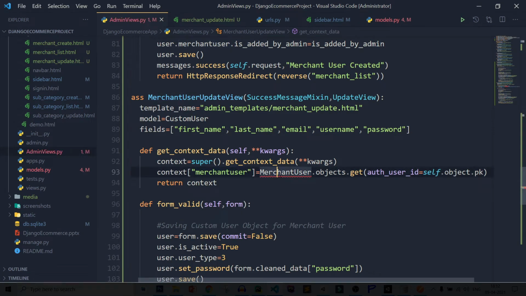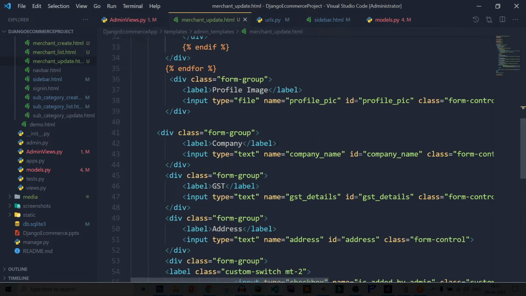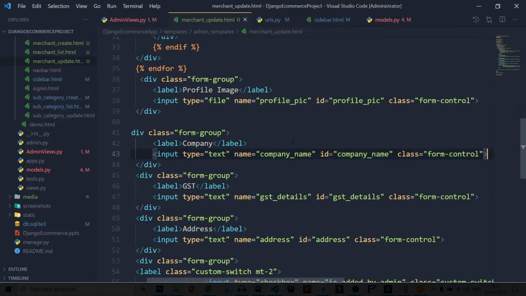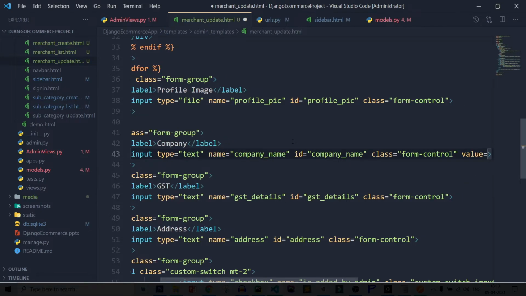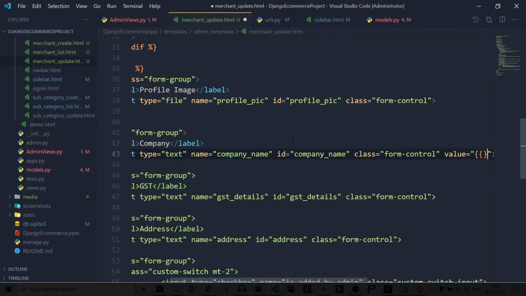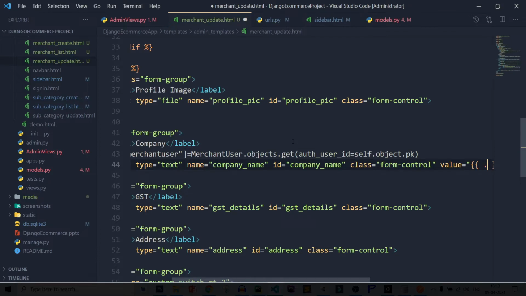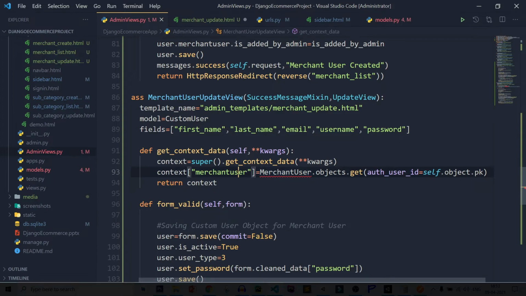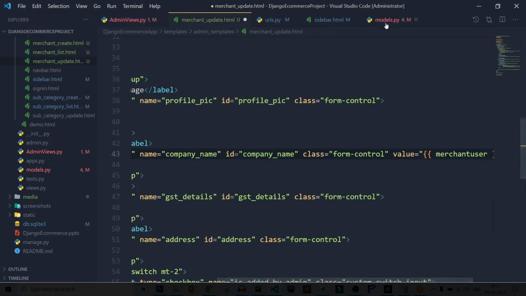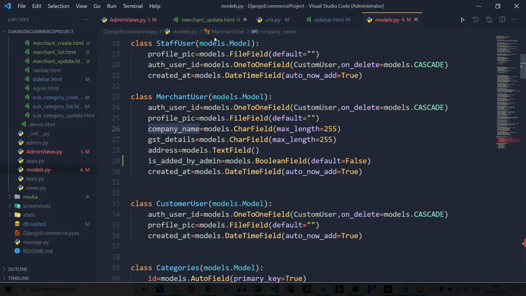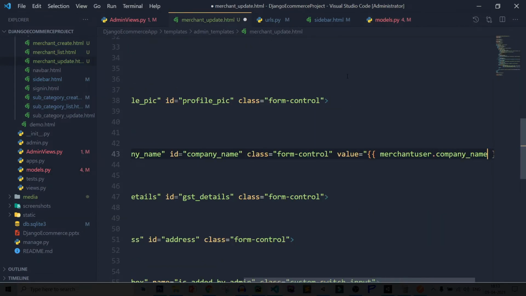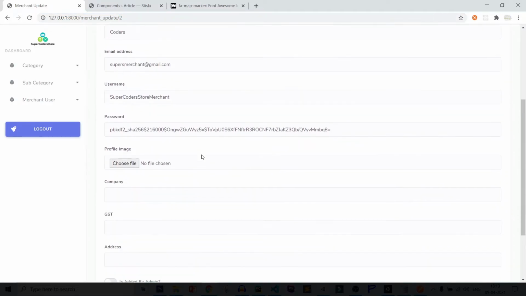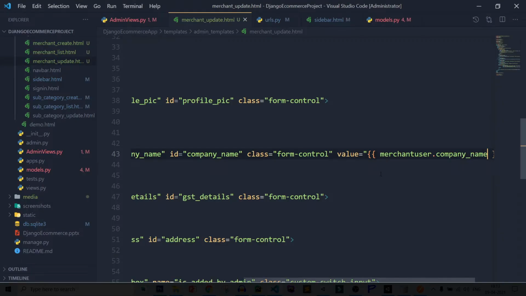So copy it. After that here access the company. So value equal to merchant user, let's copy the name merchant user and copy the field name company name, save it, back to Chrome, refresh page and it is showing nothing.